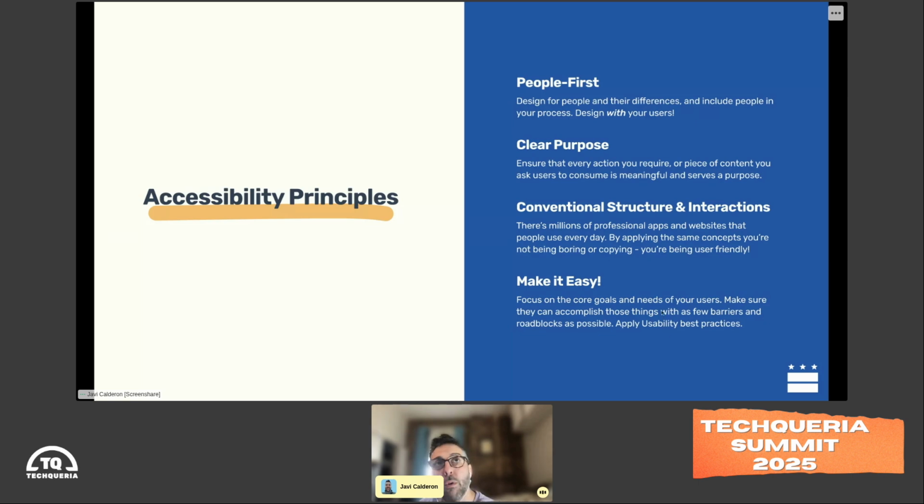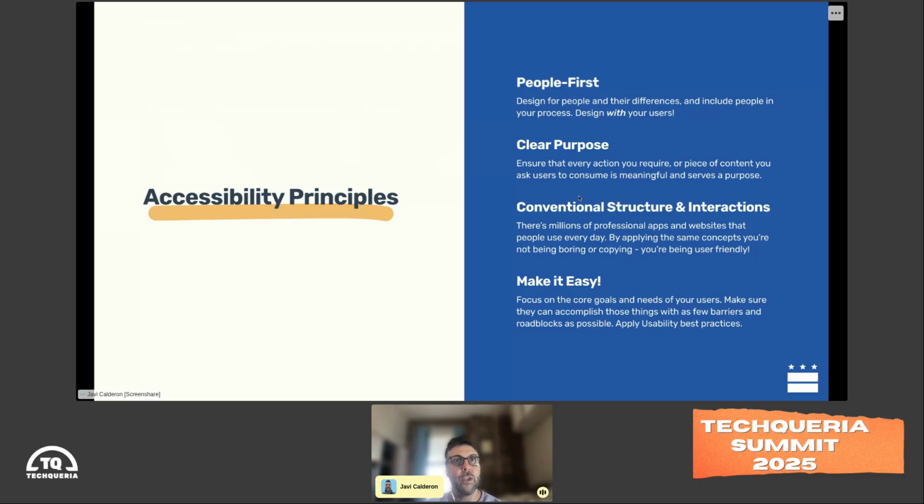So a couple principles, of course, be people first. Include people in your design process. Make sure you are picking from a really broad subset of people to talk to and to include, to make sure that we're including a lot of diversity and difference in the people that we're including, right? If everybody looks like me, 38-year-old Hispanic white looking guys, right, who talk a lot, I'm not going to get a lot of valuable insight, right?